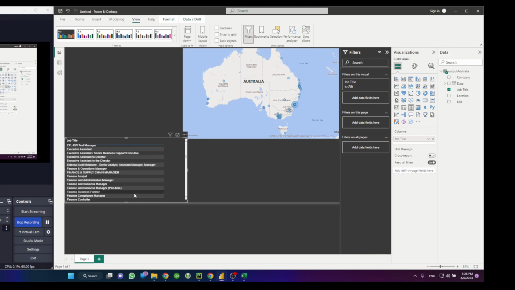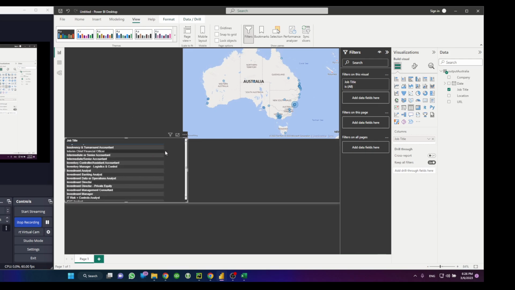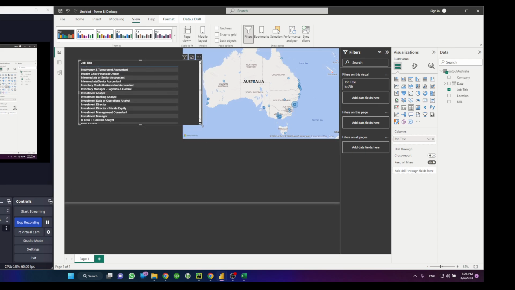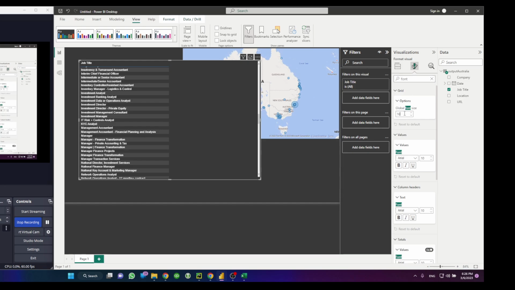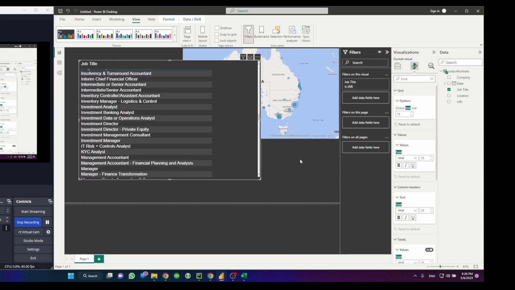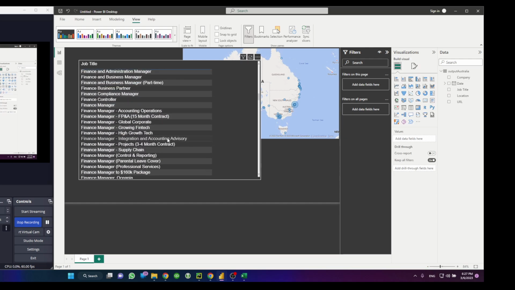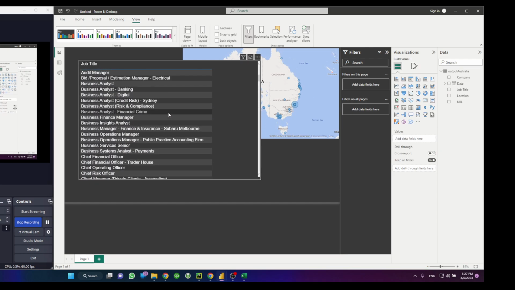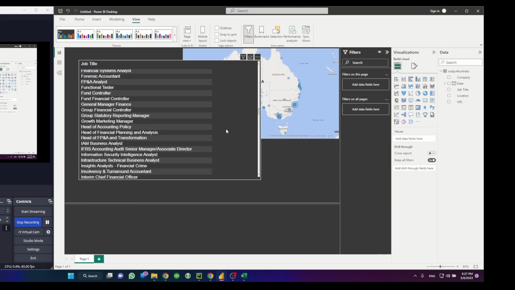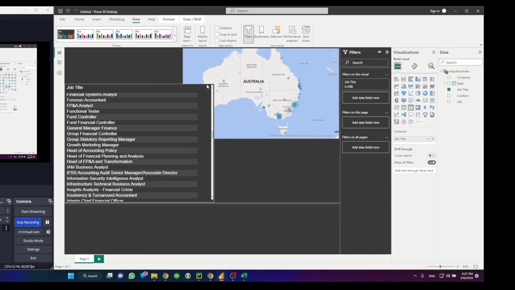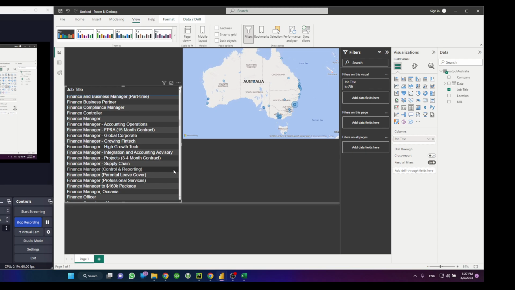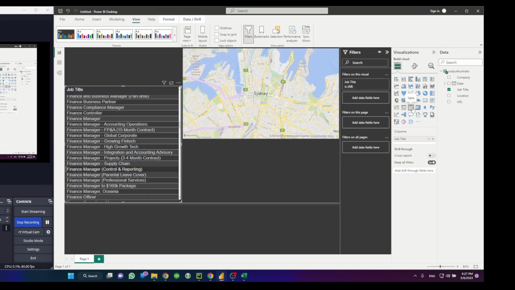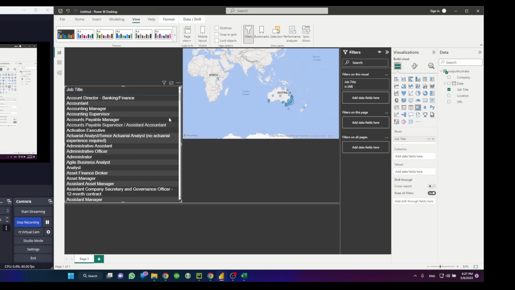So it is showing me all the titles. Let me make it a bit bigger, easier for your eyes. I'll type font size and make it 15. So you guys can see a bit better that it is showing me all the titles it has applied for me since it's been running. All right, and then I don't want to see the whole list, I just want to see the top 10. So for that purpose I will change from table to matrix,